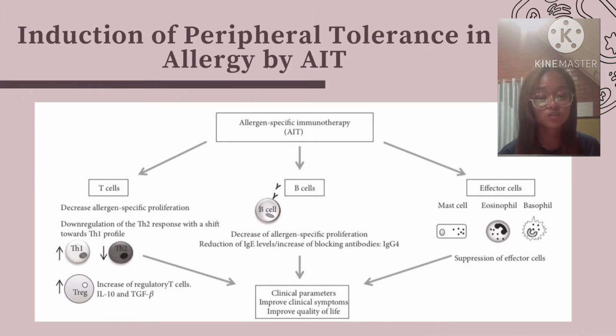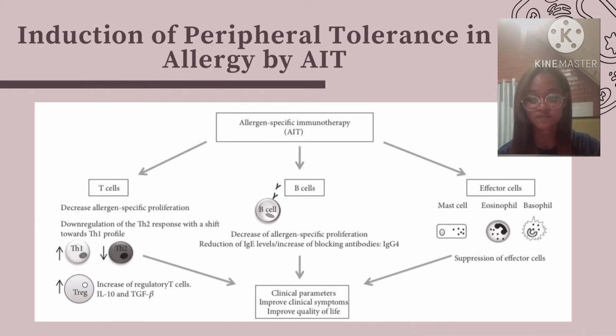It leads to a downregulation of the Th2 response with a shift toward the Th1 profile. Allergen-specific T cells with a regulatory phenotype are also promoted, with an increase in the suppressive